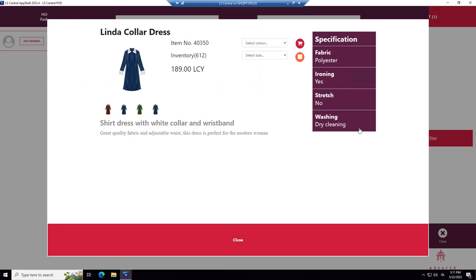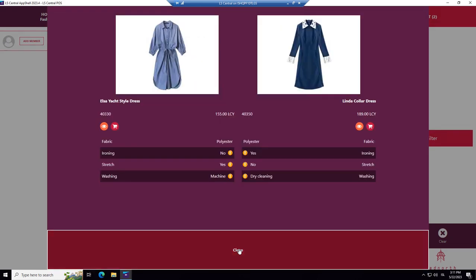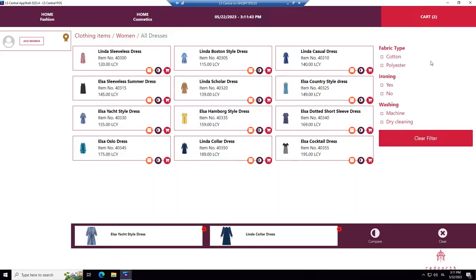So here we are, similar to what it was with the bag before, but we can see the dress is available in red, blue and green. And if she wants to buy one of these dresses, she takes it into the fitting room, tries it on, etc. And she would like to buy the green one in size 40, and we add it to the cart. And we close. And we close auto compare. And you see we have 2 items in the cart.